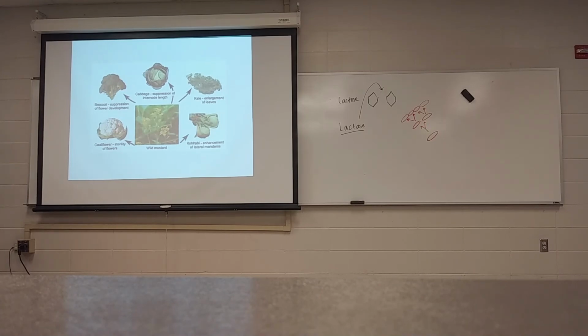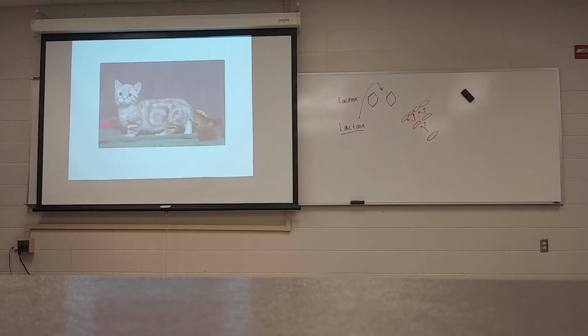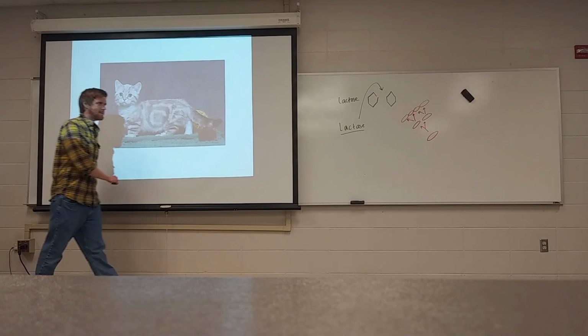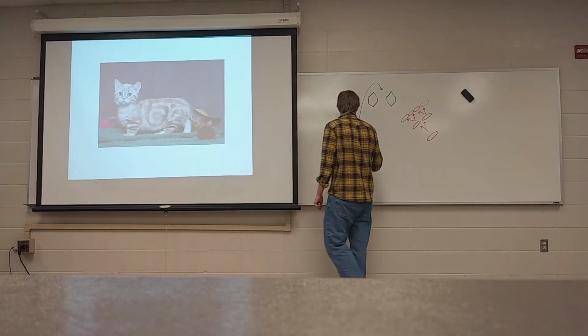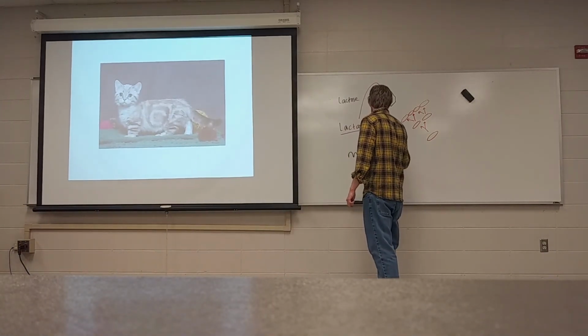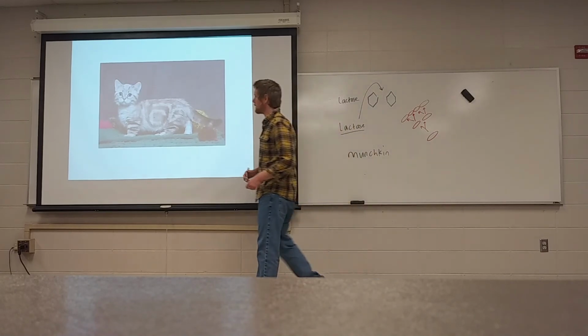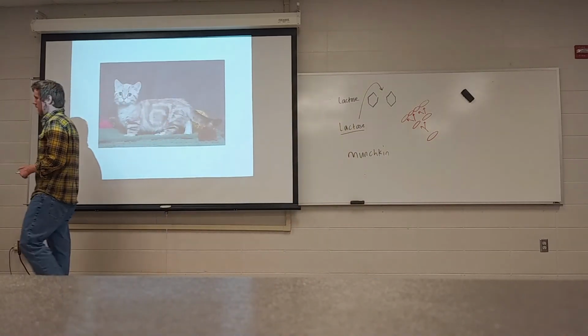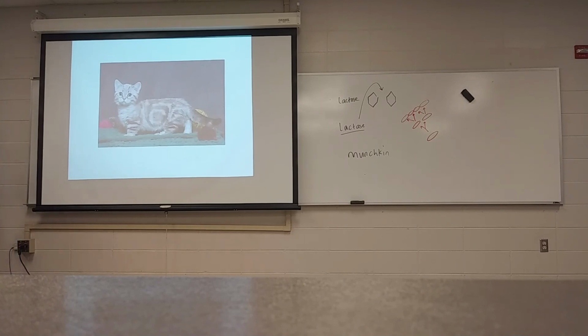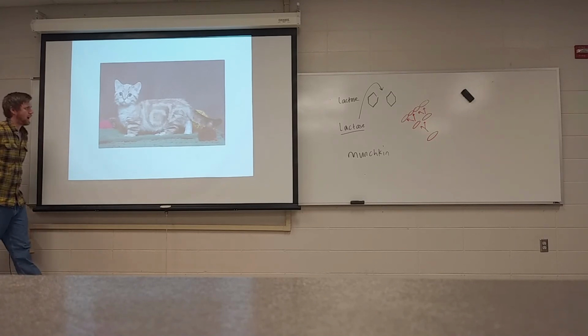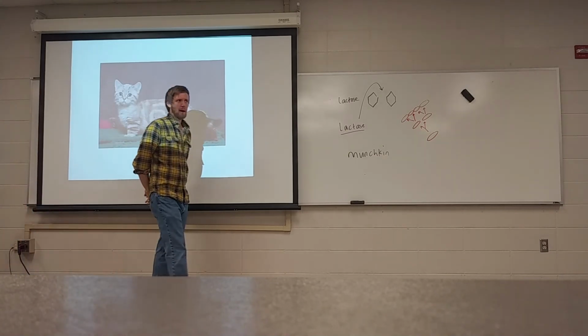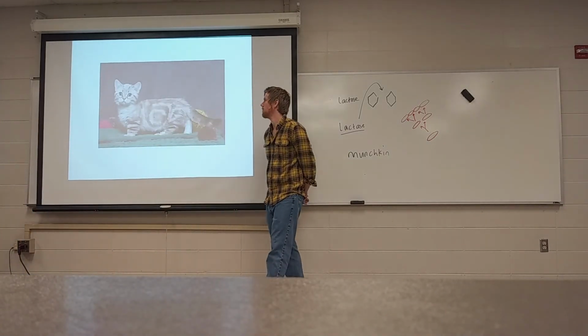Last but not least, I want to give you one recent example of artificial selection and how it's been used. This is a Munchkin cat. This is one of the newest breeds of cats. As you can tell, the legs are not quite the length that they're supposed to be. In 1983, in Louisiana, a woman found a kitten that had stunted legs. She named the kitten Blackberry.